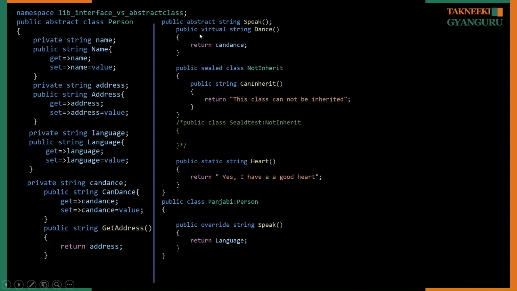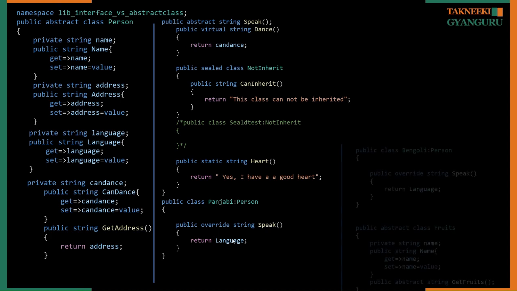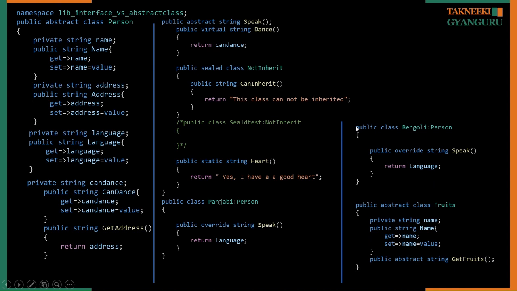But if you are defining any abstract method, then we need to implement it inside the inherited class. So we inherit this abstract class into the Punjabi, and then we are implementing the speak, right? The next one is, we are again creating a class called Bengali and inheriting the same Person, the same abstract class. Now again we need to implement the speak, right? Whenever we inherit this class, whatever abstract method is there inside the class, we need to implement it